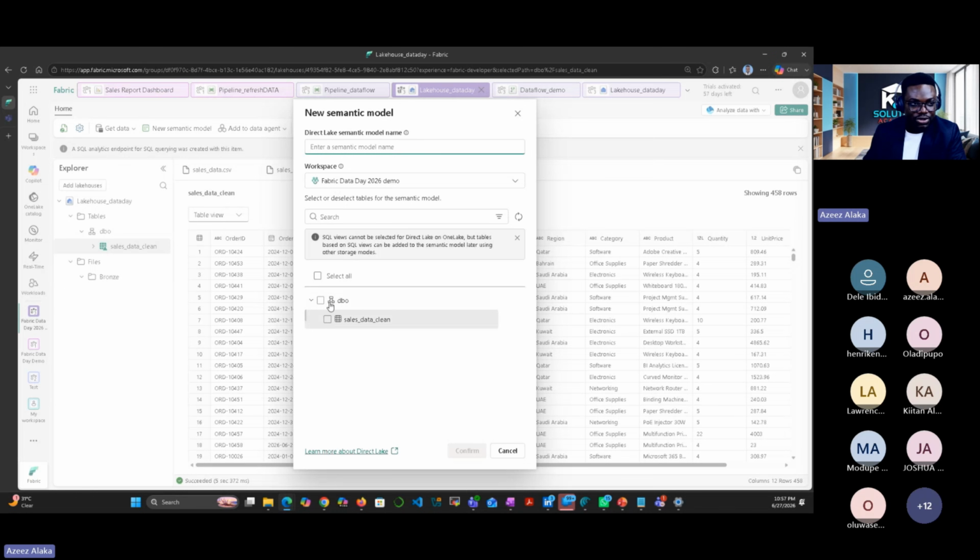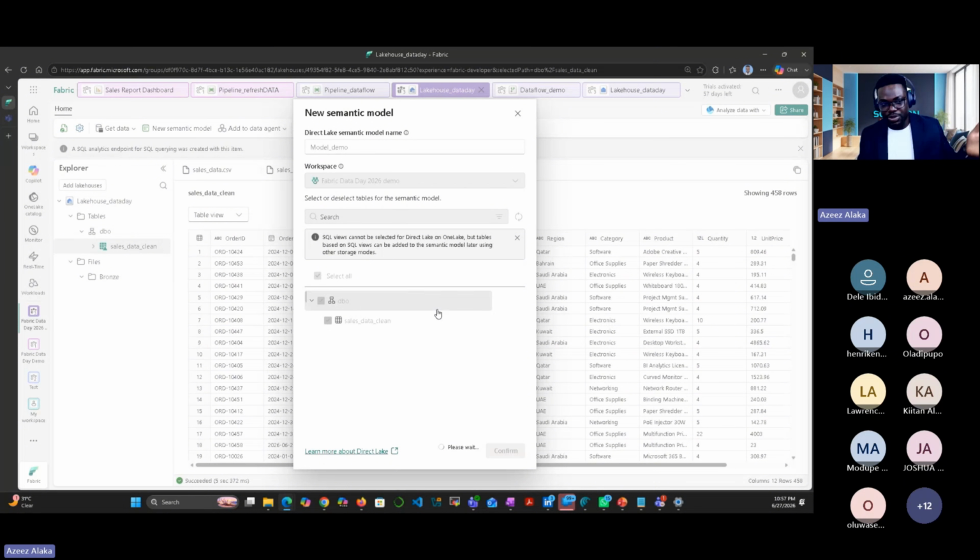Okay, so I make use of this table. This is the model. You need to give it a name. Model demo. Just give it any name. Then I check this table. So if you have more than one table, you can actually import them to the model and create your relationship. But because this is a simple demo, we are just making use of one table as an experiment, just for you to understand the basics and build on it. So we are creating a new model.